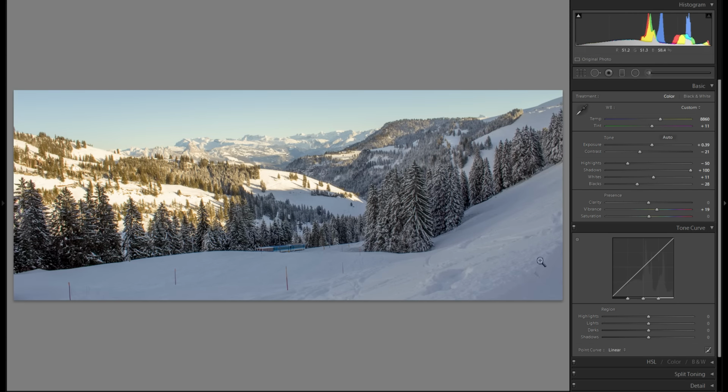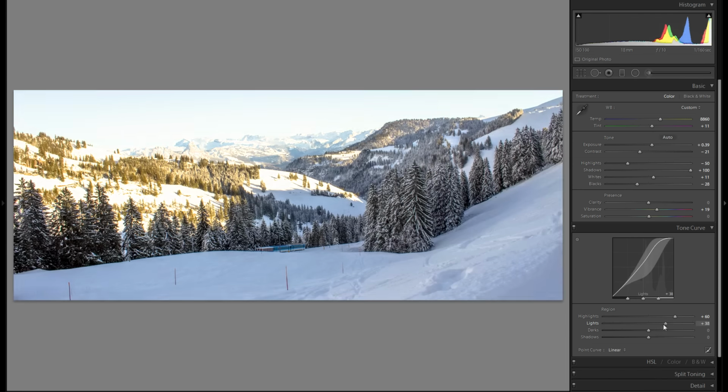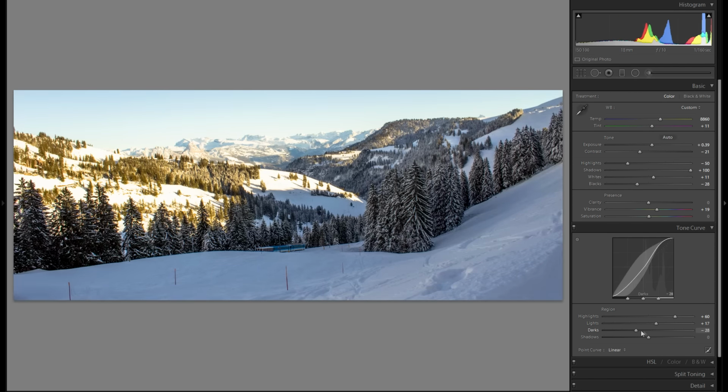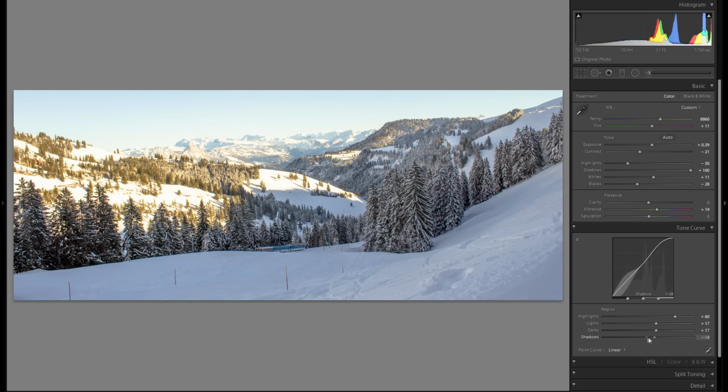Something like that. Then let's go down to the tonal curve and bring up the highlight slider here so we get a lot of dynamic. Then the light slider, I think I'm gonna bring that up a little bit as well. Darks, maybe even bringing up the darks a little bit too. And the shadows, I think I'm gonna go minus with the shadows just so we keep a little bit of